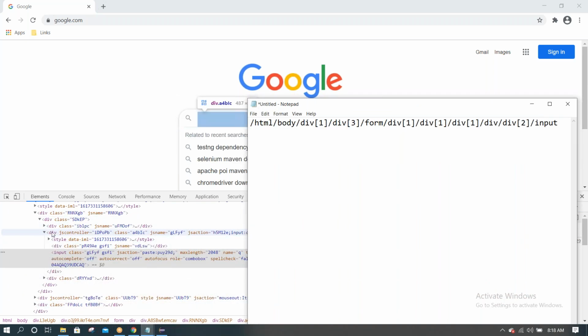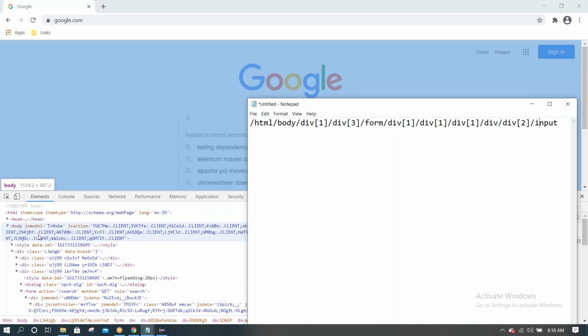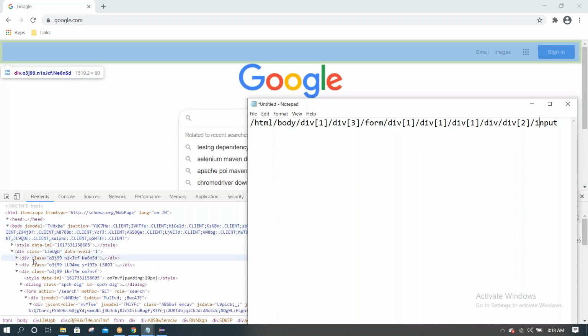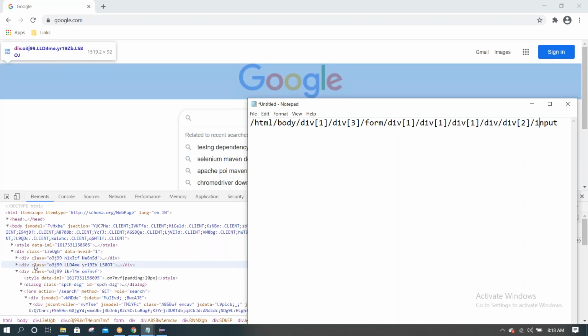Div[2], this one. In this case, if you place the cursor in the body, it is highlighting the entire page in Google. Now this is a class. This is one element.